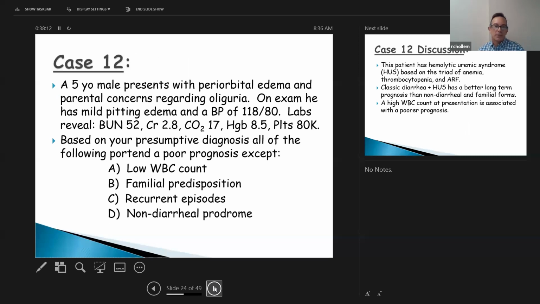All right, a 5-year-old male presents with periorbital edema and parental concerns regarding not peeing as much. On exam, he has mild pitting edema. Blood pressure is 118/80. On a lab assessment, you've got an elevated BUN and creatinine at 52 and 2.8. Hemoglobin is 8.5. Platelets are 80. Based on your presumptive diagnosis, all of the following portend a poor prognosis except